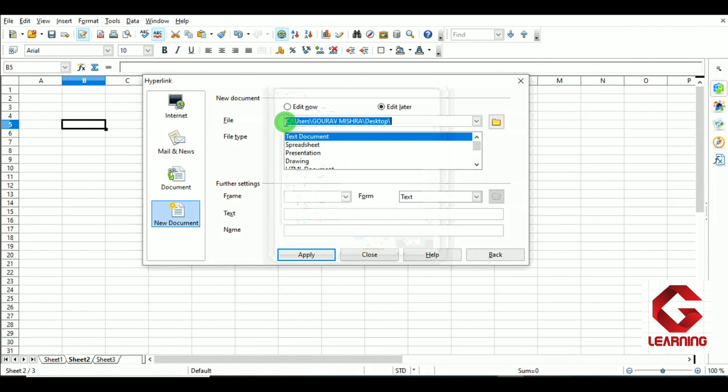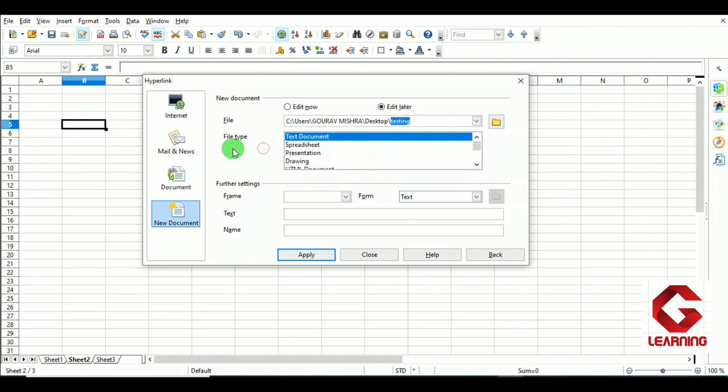Here you can see the full path name of the desktop has come. Now after this slash I have to give a name to the new file that I want to create. I am giving the name testing. So this is the complete detail of the file option: first, this is the location where the file I am going to create will get stored, and this is the name of the new file, that is testing.